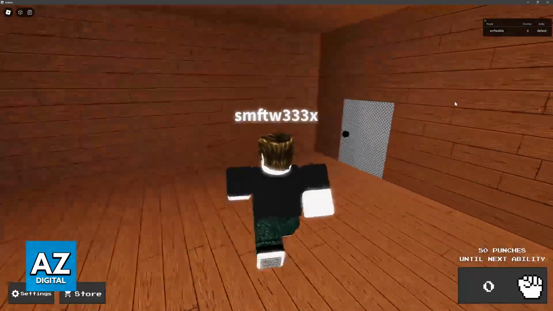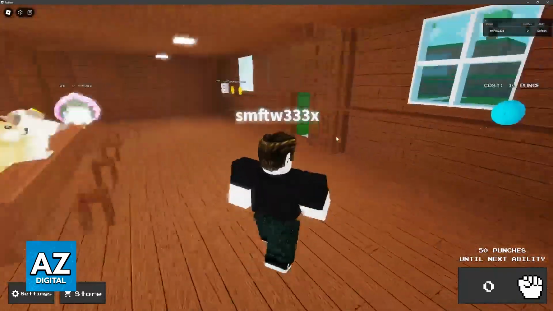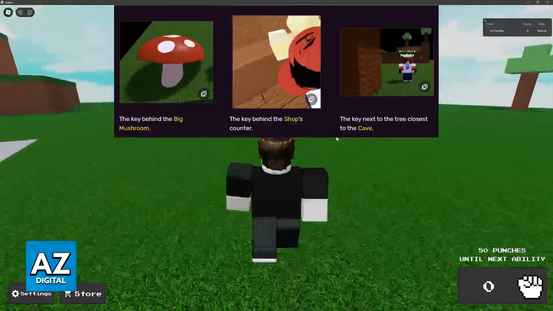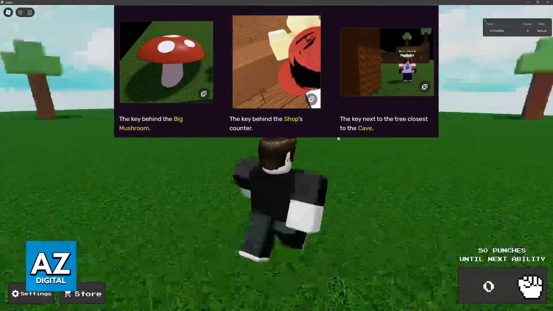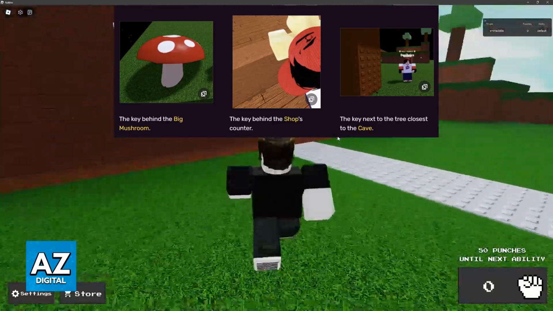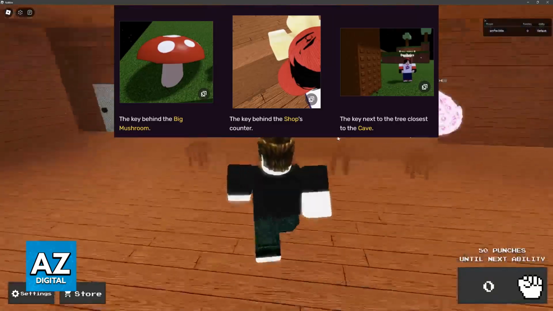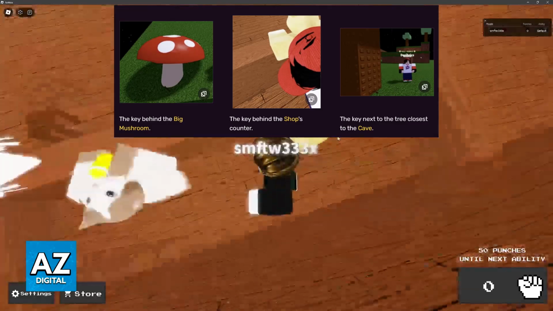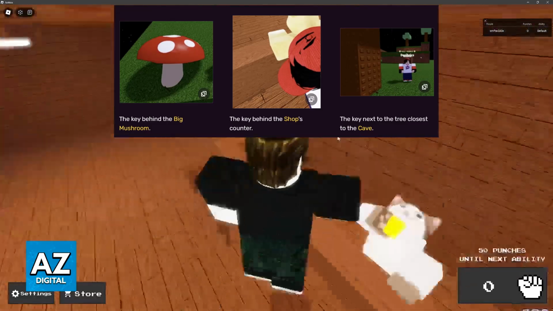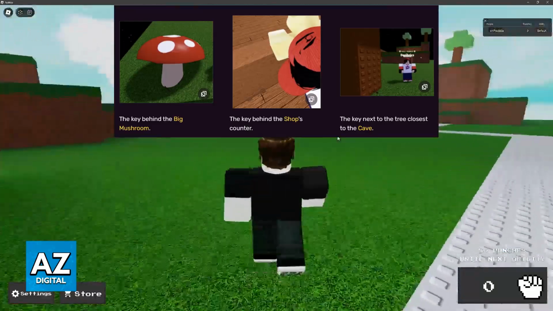So, there are usually 3 locations per map. For this classic map, you will be able to find it first behind the big mushroom, next behind the shop's counter, and finally, next to the 3 closest to the cave. So as you can see, I'm showing you pictures of all the possible locations for the key. Keep in mind that once you join a server and the key spawns in, it's going to remain on the